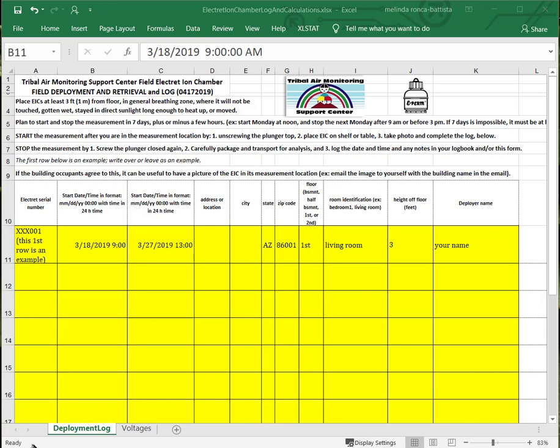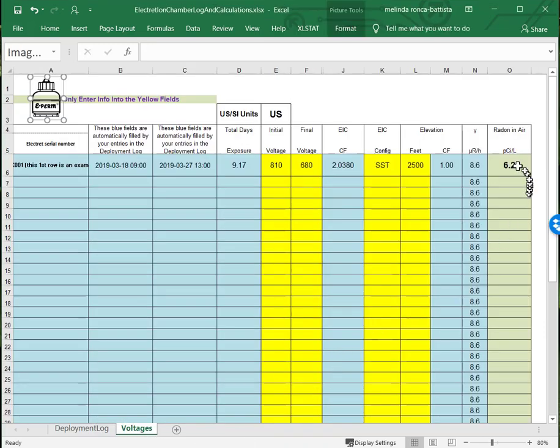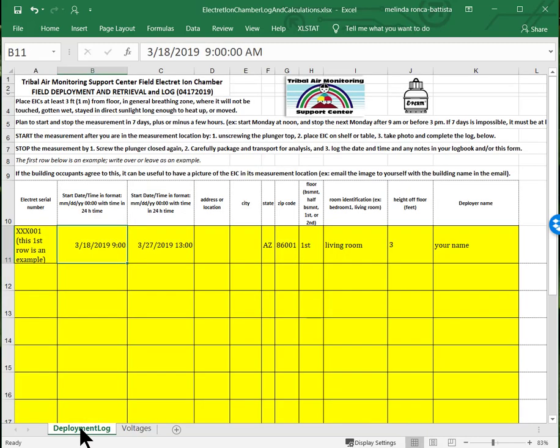This is an Excel file for logging the information about the Electret ion chamber exposures. On the second sheet, voltages, the calculations are done that result in the radon in air concentration in picocuries per liter. So going back to the first sheet, the deployment log, you can see that all these cells are